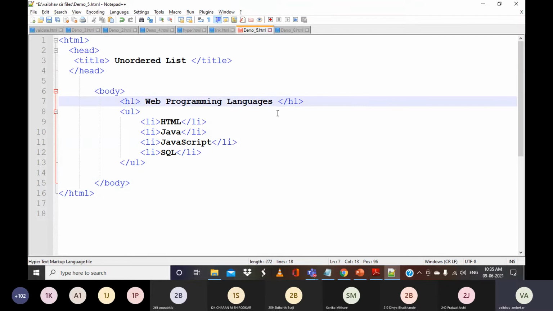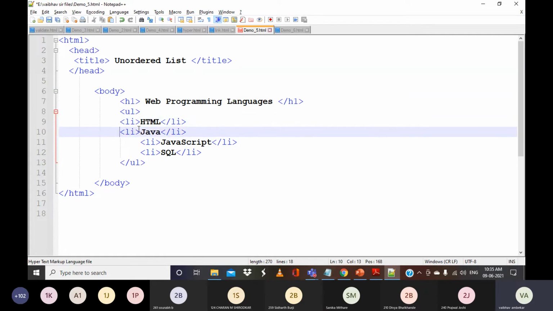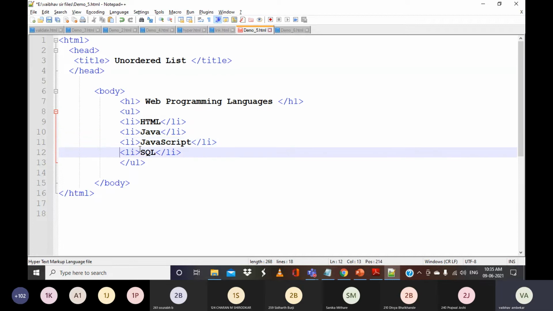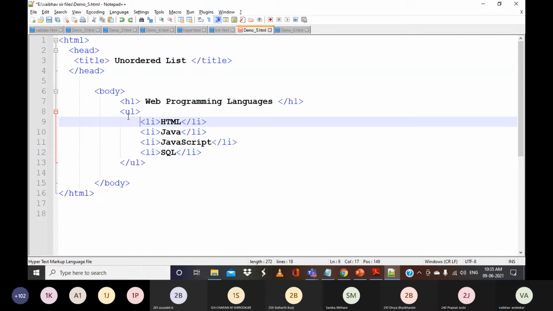It is an inline tag, but see here UL followed by its closing pair. Don't put a space after UL like this, it will confuse you when you have a nested list. It will be very difficult for you to make out the differences or to understand. So better use the indentation.